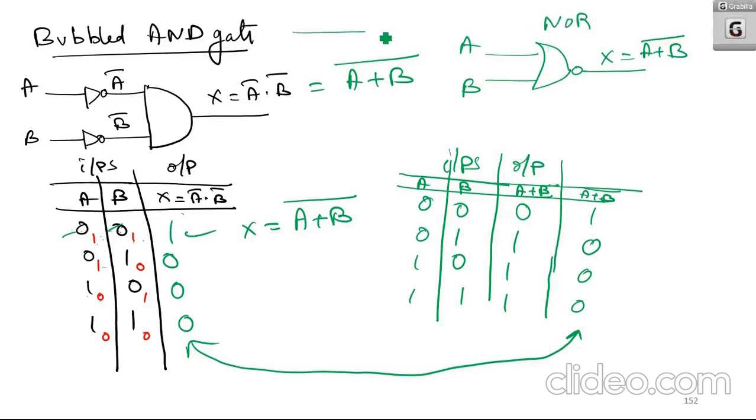Bubbled AND gate is equivalent to NOR gate. Okay. Now if you are drawing a simplified figure of bubbled AND gate, you can draw like this. Bubbled AND, right? So if I am drawing the bubbled AND gate,